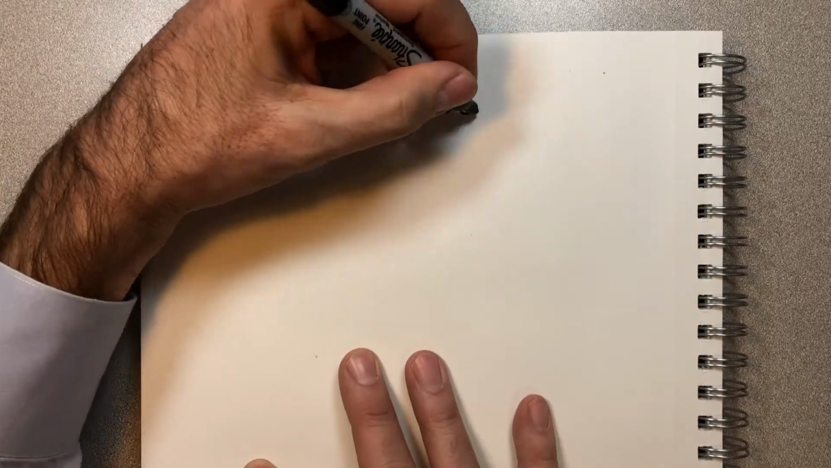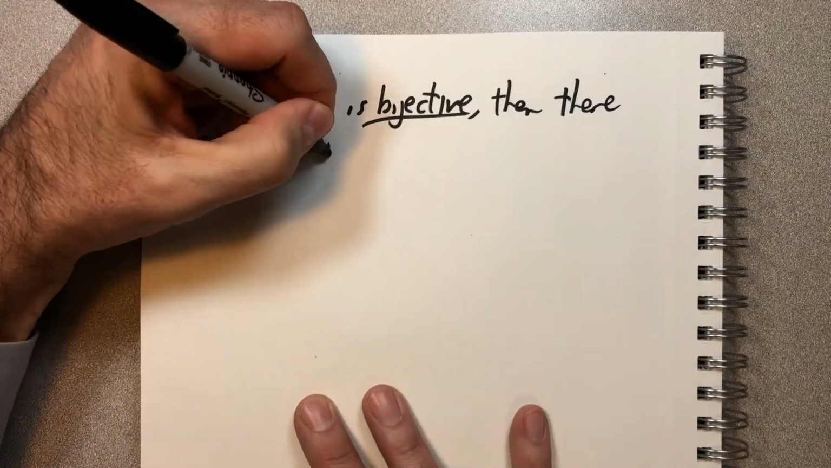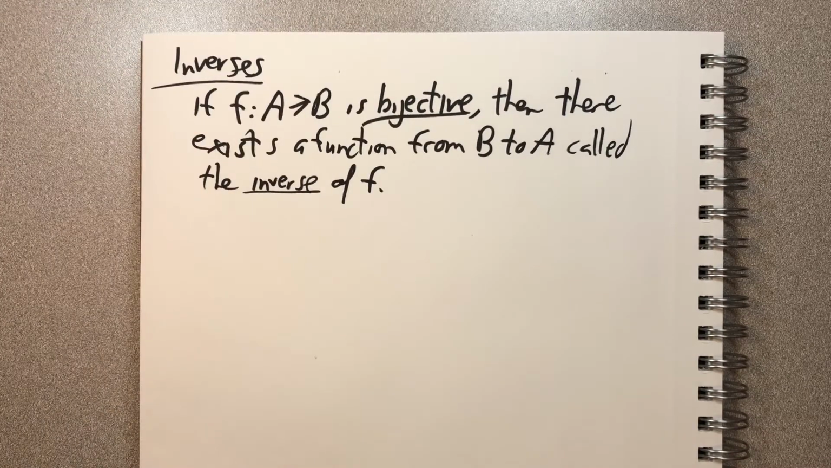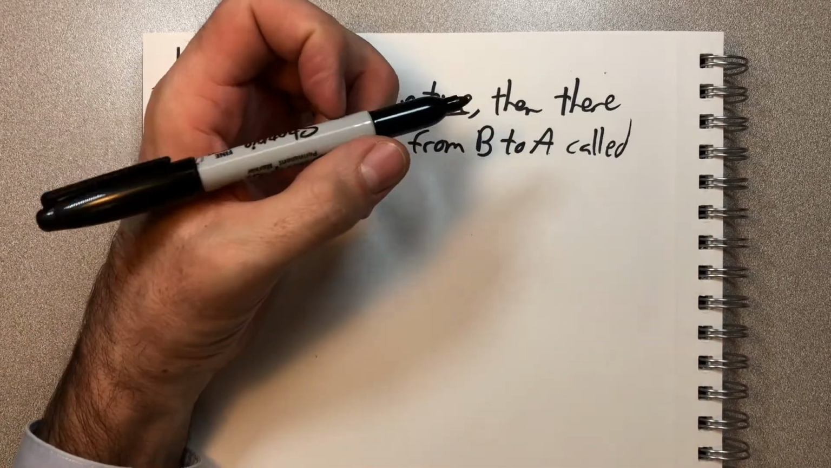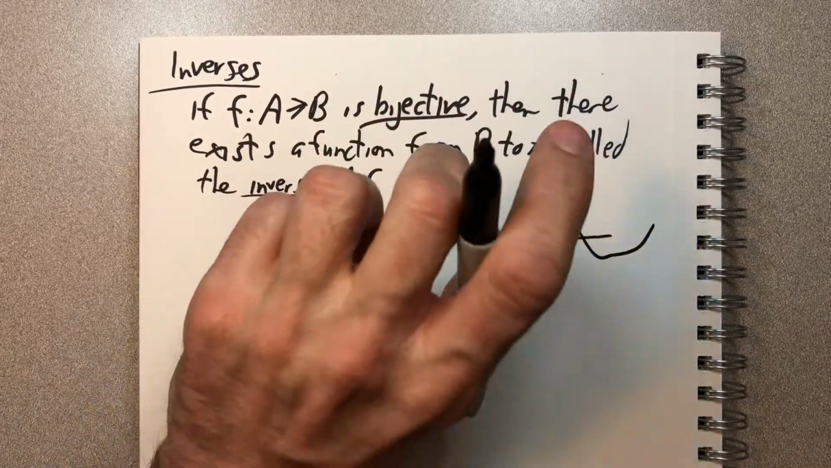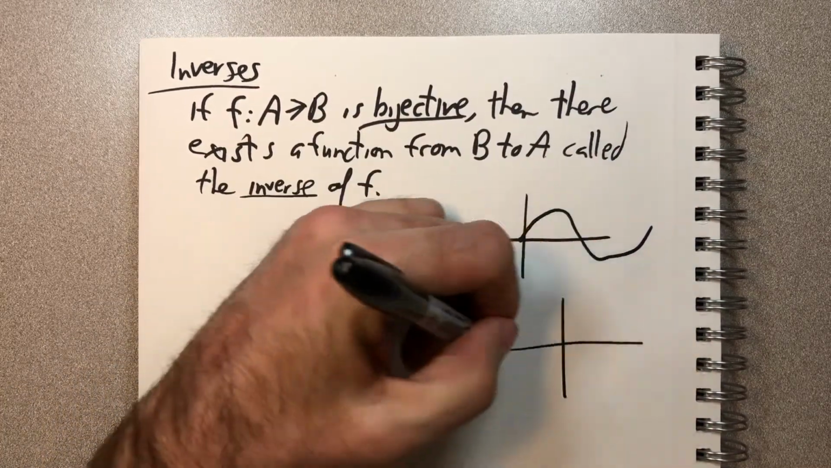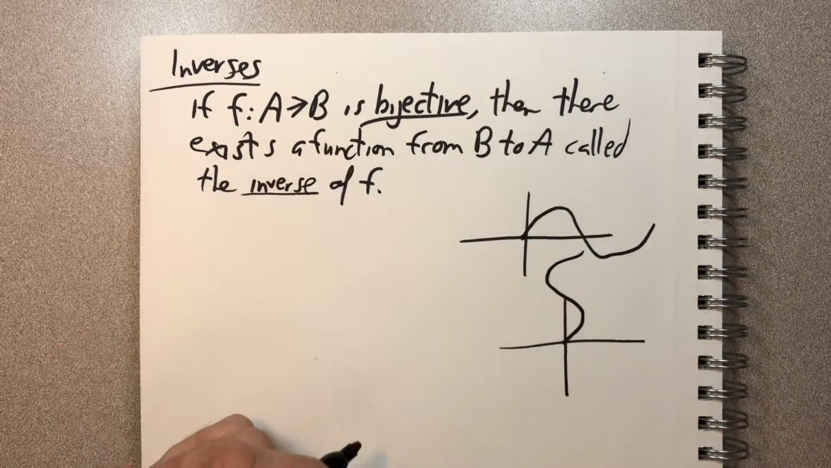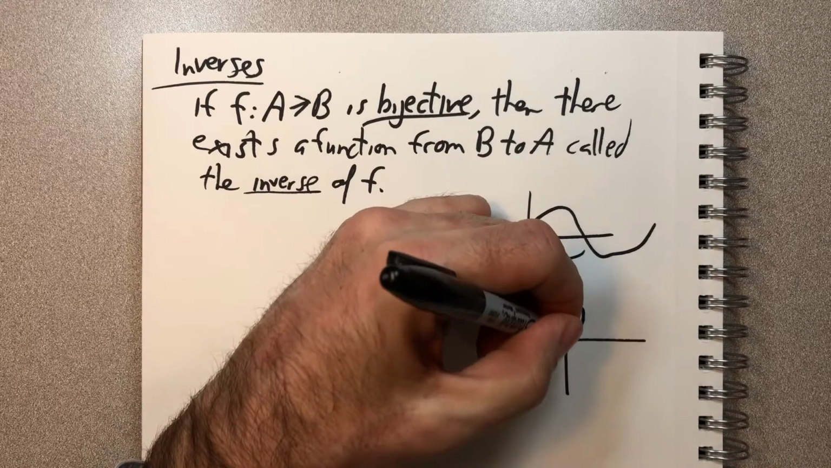Okay, so inverses. If f from A to B is bijective, then there exists a function from B to A called the inverse of f. Now, functions only have inverses if they are bijective. And we know this, for instance, from arcsine, which we've looked at a lot, because a sine goes like this, right? But if you take the inverse of it, it goes like this, and this can't be a function